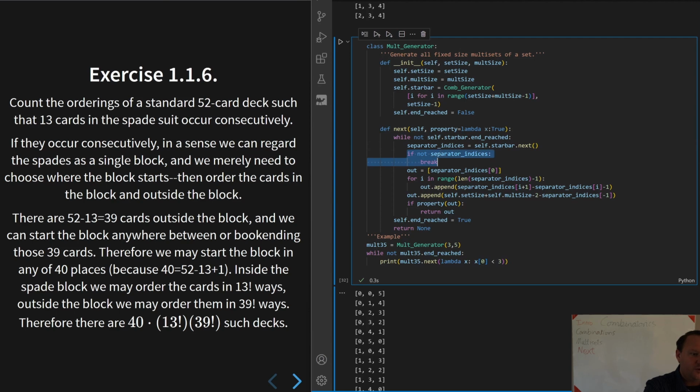And every time I call next, I want to check to see whether or not that returned none. If it did return none, then I need to stop right there. There shouldn't be any more going on here, I guess. But anyway, okay. Otherwise,